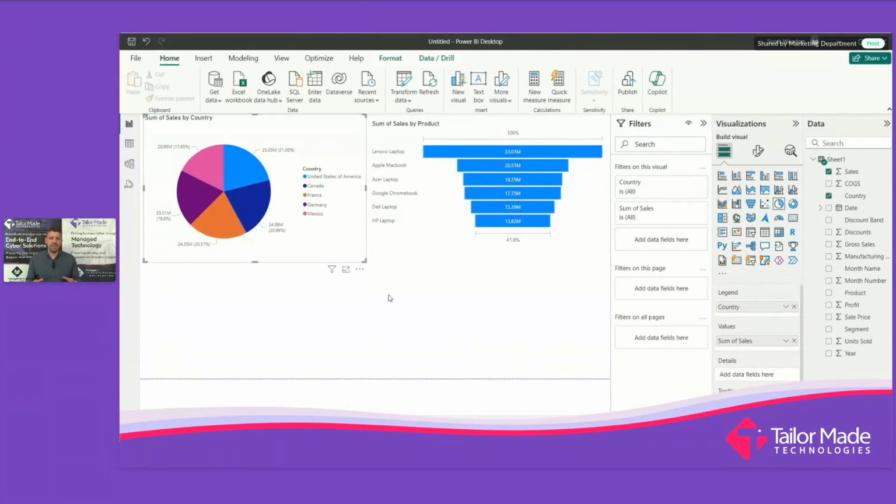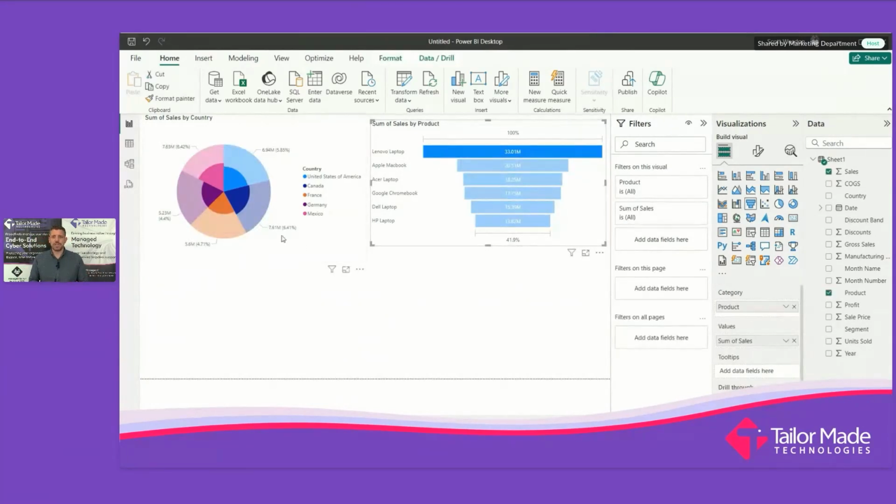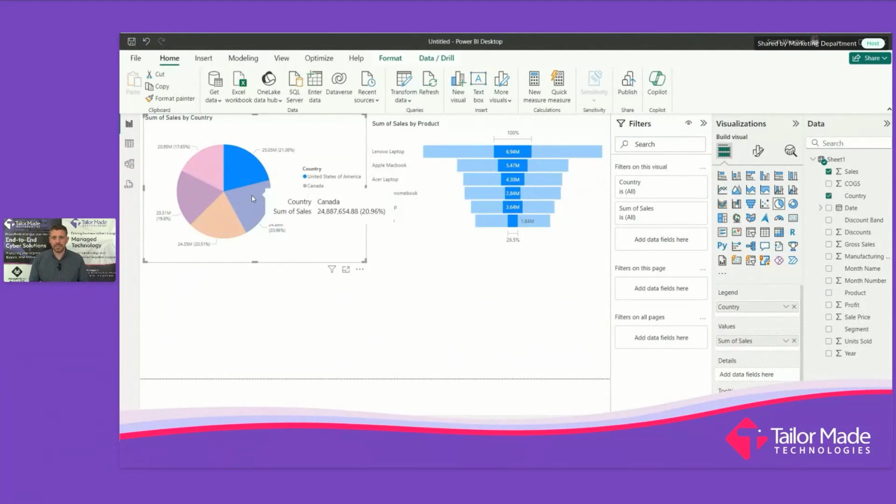But the key here is that you'll see that it's responsive. It changes when I click on elements within a visualization. So if I want to know how many Lenovo laptops we've sold into each of our regions, you can see that the other graph, even though I clicked on the Lenovo laptop item on the right, the left one's responded, and it's now showing me the revenue that we sold within each of those regions. Okay, so it's really quickly allowing me to see the insight inside the data, not just the raw data itself. Okay, and it's being able to add that up. And as I click on a country on the other side, the graph on the right-hand side starts to react and change and manipulate.